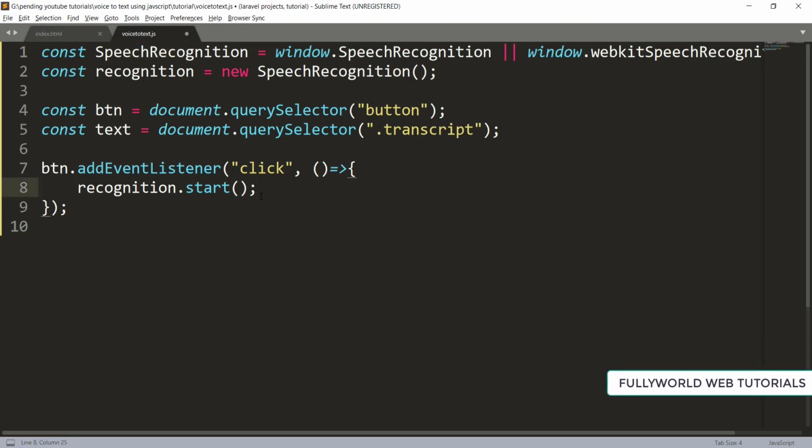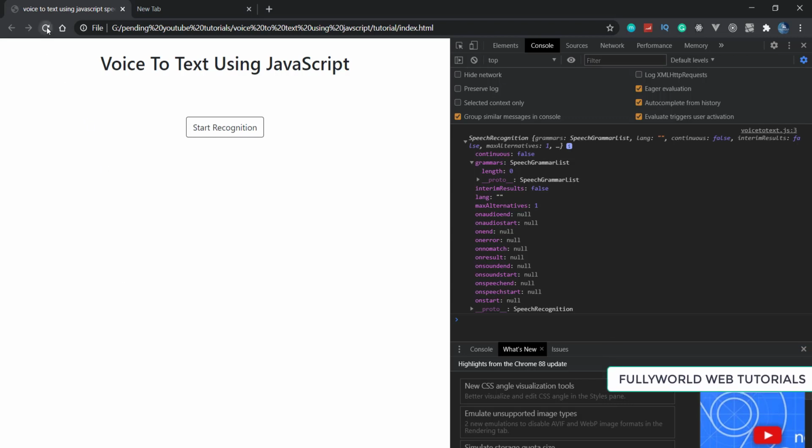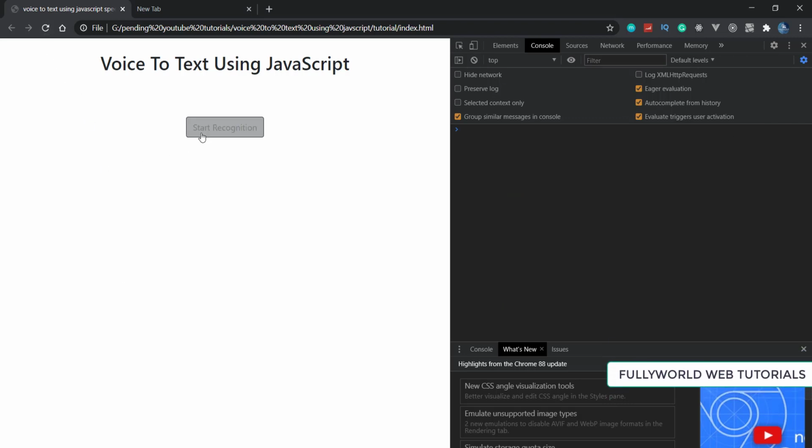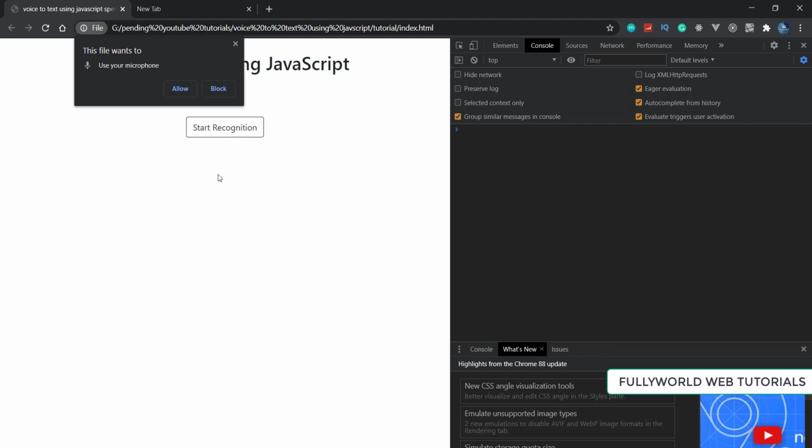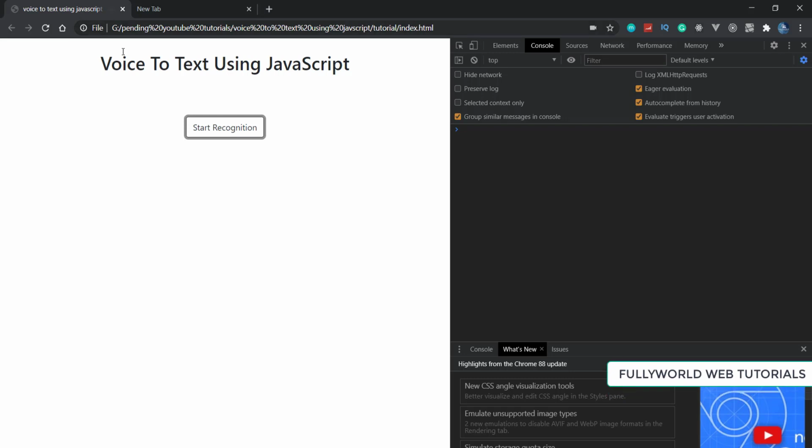I am going to save it and let's reload it. When I click on start recognition, just wait for a while and you will see that first of all you have to allow your microphone. I'm going to allow it, and then see that this is coming here. This means that our recognition has started successfully.